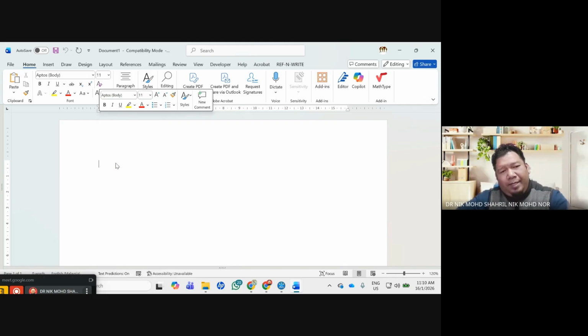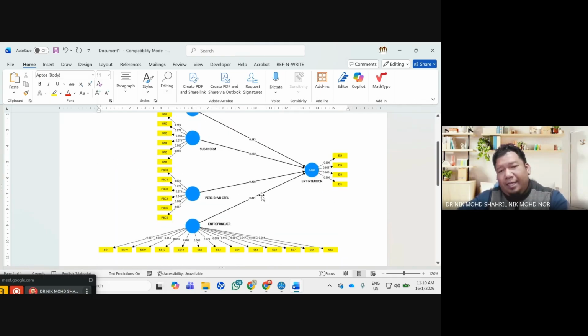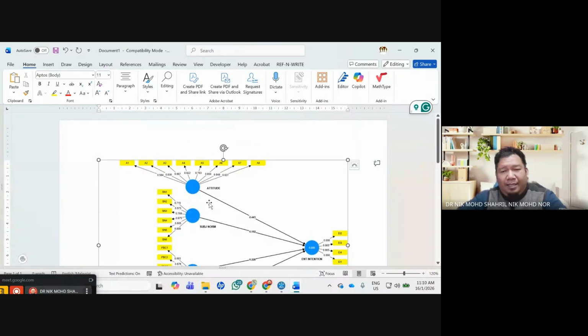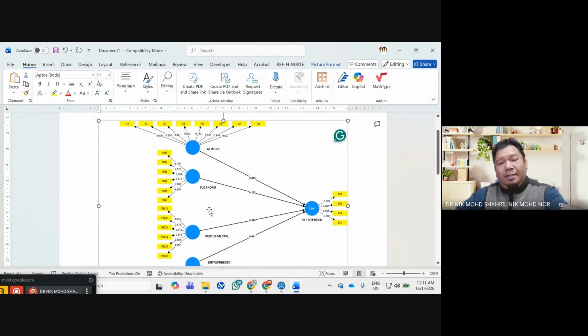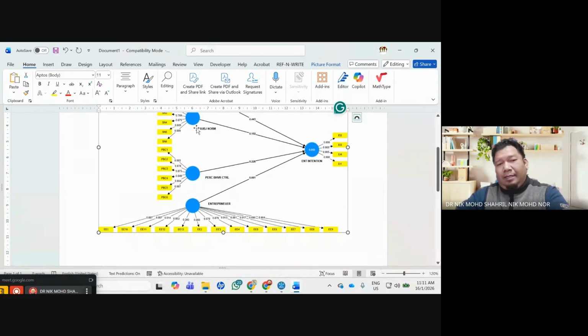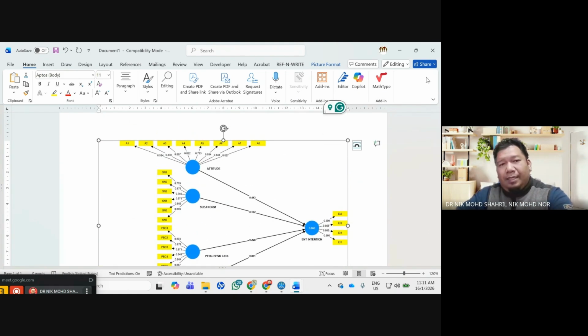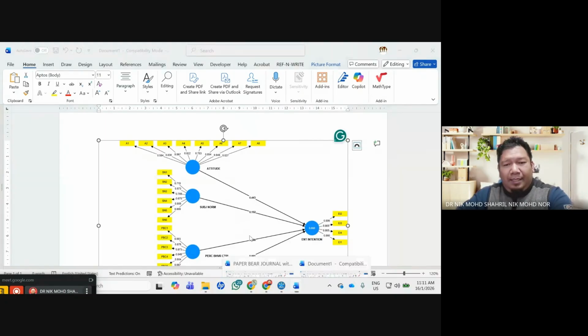Click paste there. That is how to paste the model that you already sketched inside the PLS with all the figures. Okay. Next,